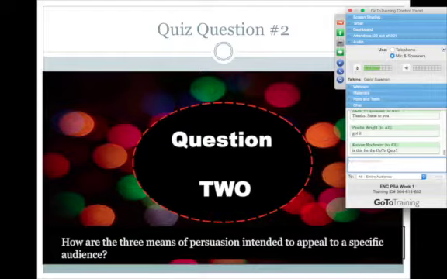Kayvon, yes, these are the questions. There are 4 of them that you need to answer when you go back to the FSO platform and take the quiz. You'll need to either write down the question or take a screenshot of it, because the questions don't appear in the quiz itself when you take it online. But basically, list those 3 means of persuasion and explain them to me. If you want to give an example of what it means, that's great too. But show me that you understood what we just went over.